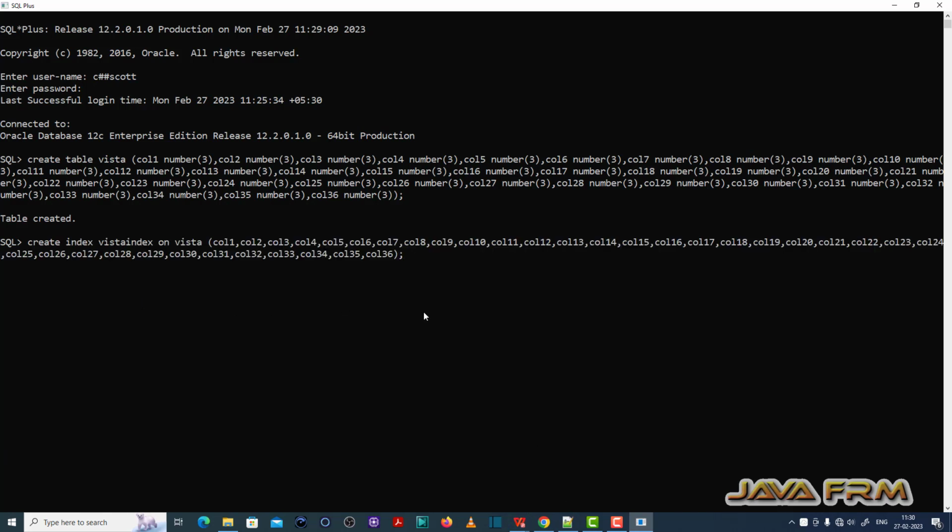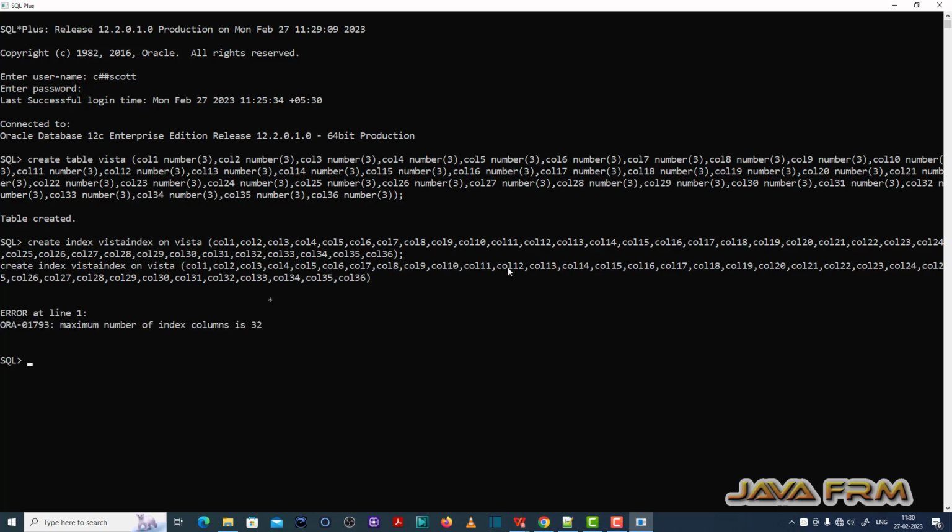Now I am going to create one index for this Vista table, which is the combination of these 36 columns. Okay, so I am going to index all the 36 columns of the Vista table. So create index Vista_index on Vista. See here, after executing this query,